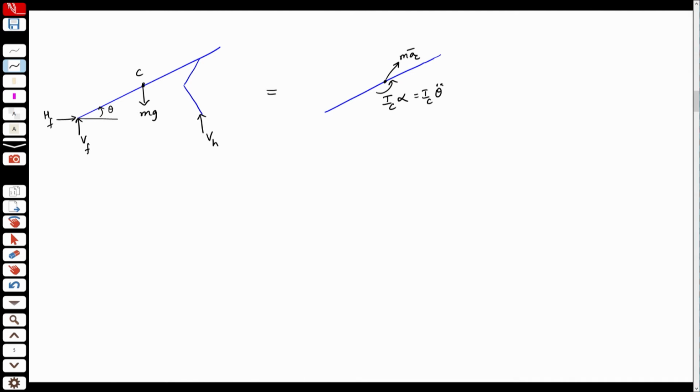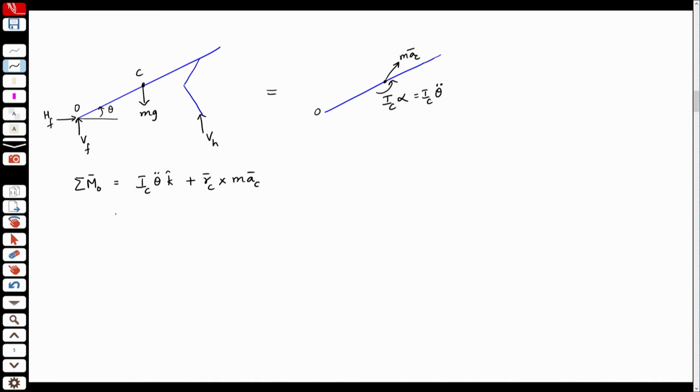The resultant of these forces causes the linear acceleration of the center of mass and the angular acceleration of the rigid body. So, now if this is point O, O is a fixed point here, it is a pivot. So, I can use sigma M_O